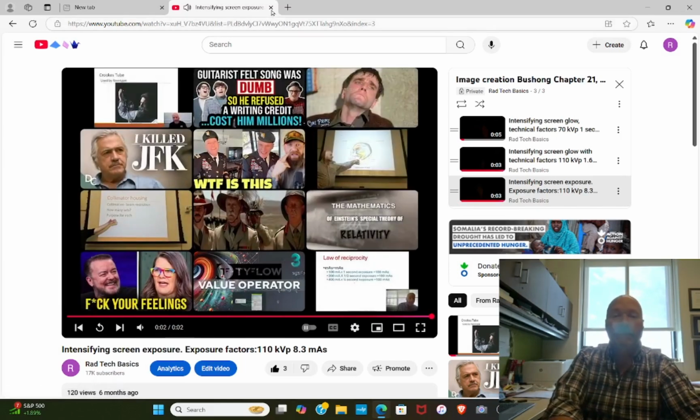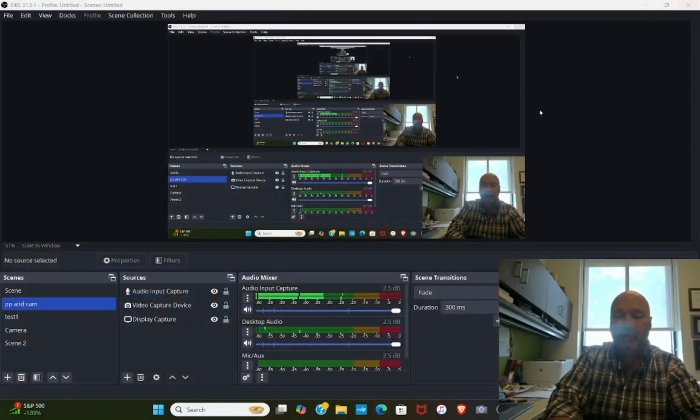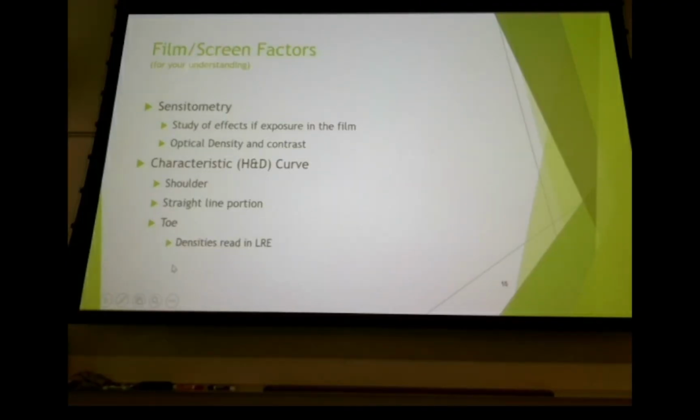So that's what our intensifying screens were and are, and how we would use those in order to cut back radiation exposure to the patient, and how dark the image is going to be. So sensitometry is the study of the effects of exposure